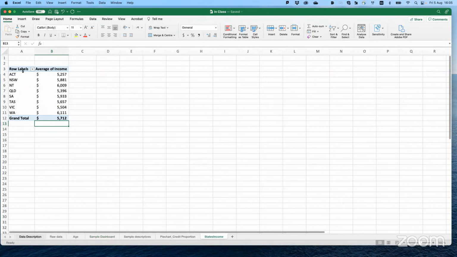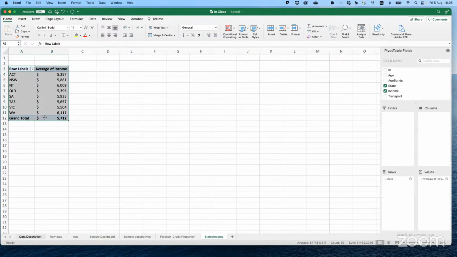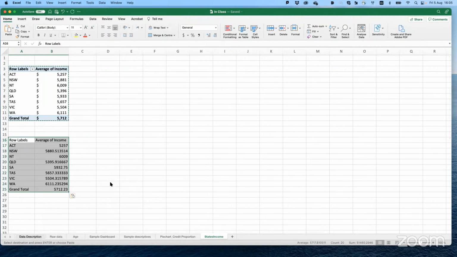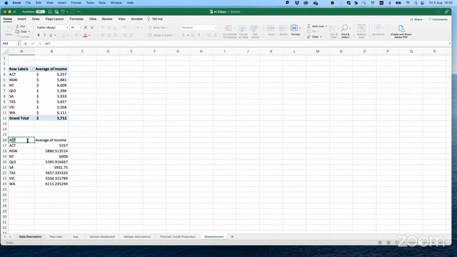So what we are going to do, we are going to select it, Control C. We are going to paste the special as values. We have it. We don't need the grand total. We change the title to Australia, so it understands that it is Australia.